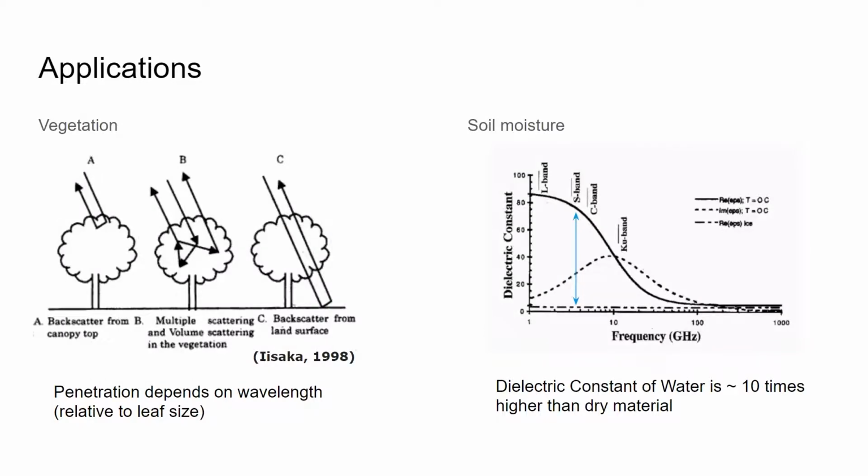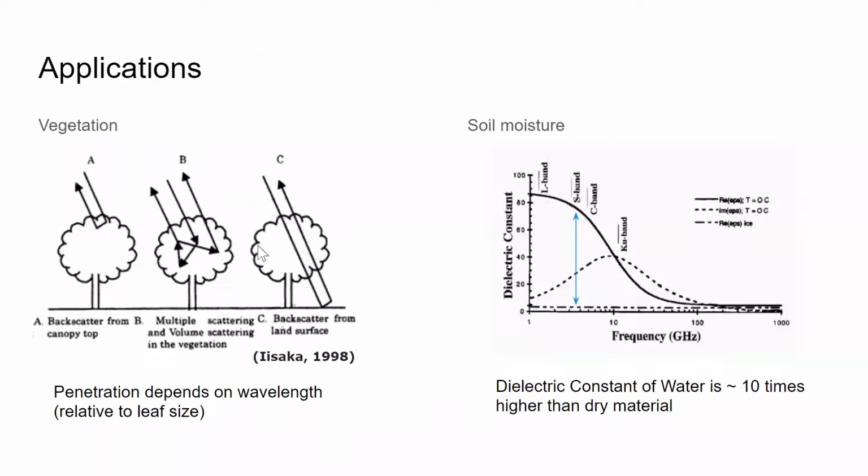And the other thing radar is good at is measuring or tracking changes in vegetation. Over vegetation, there are lots of different ways that the radar signals can be reflected or scattered. Sometimes it's just reflected back from the top. Sometimes you have a double bounce effect, but you can also have signals penetrating through the trees and then getting reflected back. The longer the wavelength of the radar signal, the more likely it is to be penetrating through